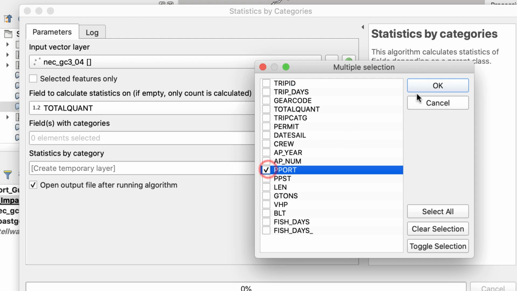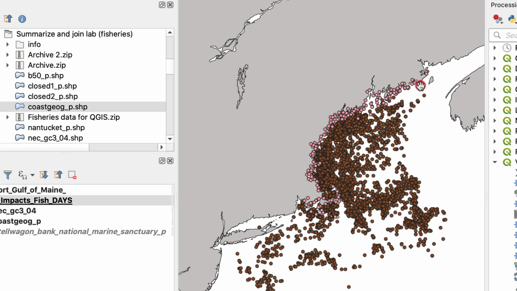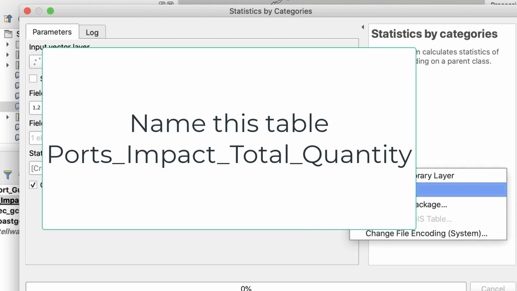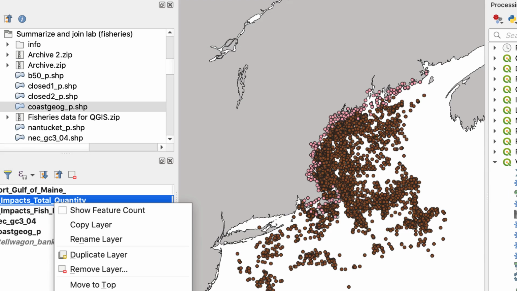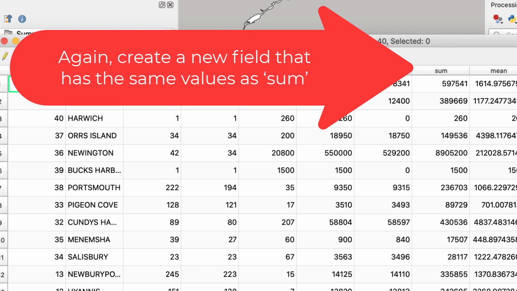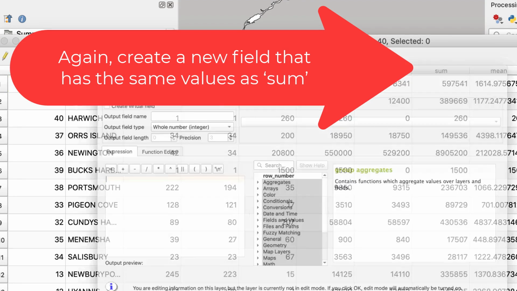So P port is the name of that field. Your window is going to disappear, so you just bring that back to the front. Save your file, and then once you've got it calculated, you open up the attribute table just for our total quantity table, and you see we've got the sum, but you've got to do the same thing where you use your field calculator